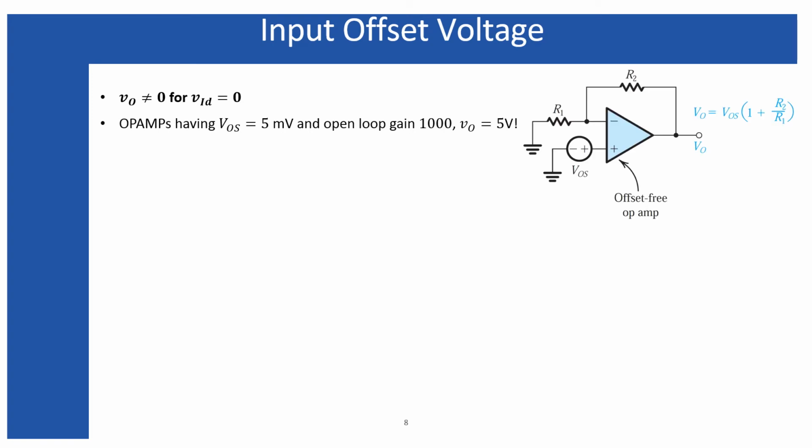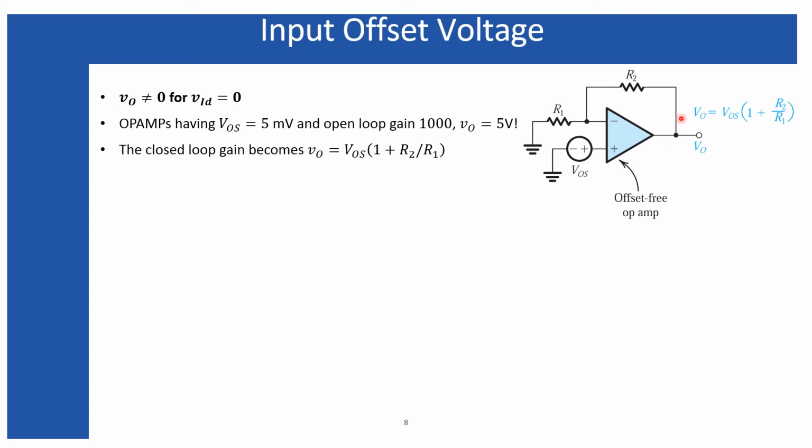And this is the schematic where the input offset voltage can be imagined. This operational amplifier is the offset free operational amplifier. If you imagine, then the input offset voltage is generally assumed to be connected with its non-inverting terminal. And if it is, then